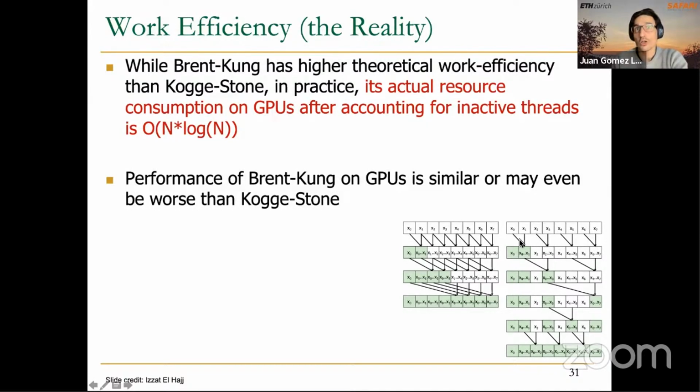And these are not the only 4 threads that are executing. There are also inactive threads. The thread that goes here, the thread that goes here, the thread that goes here. And on the other side, in Kogge-Stone, we are using all the threads. So actually, in this first iteration, we are also using, for executing the additions, all the threads except thread 0, right? But the problem with